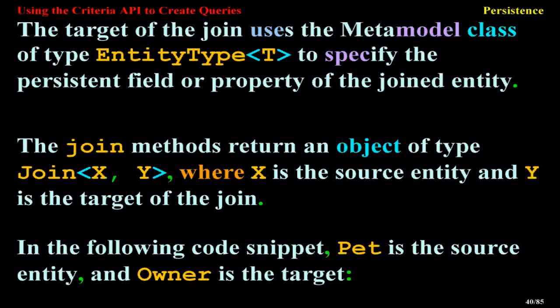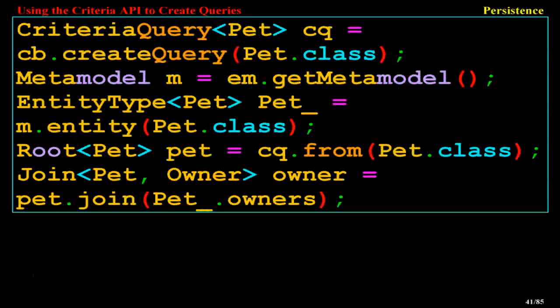In the following code snippet, Pet is the source entity, and Owner is the target. CriteriaQuery<Pet> cq = cb.createQuery(Pet.class); Metamodel m = em.getMetamodel(); EntityType<Pet> Pet_ = m.entity(Pet.class); Root<Pet> pet = cq.from(Pet.class); Join<Pet, Owner> owner = pet.join(Pet_.owners);